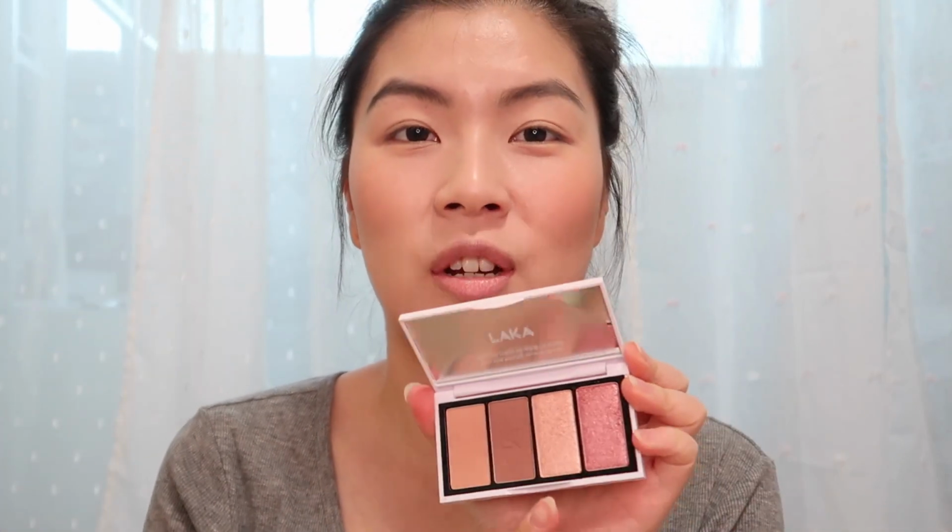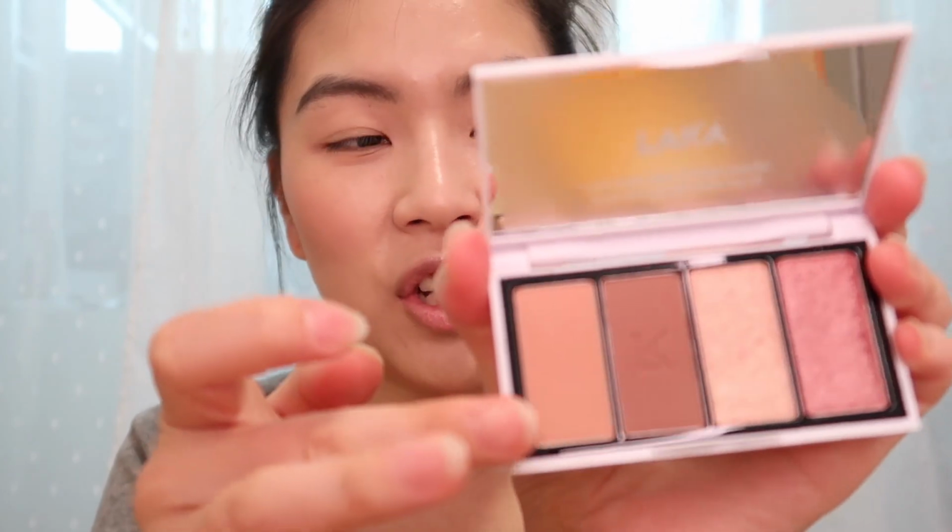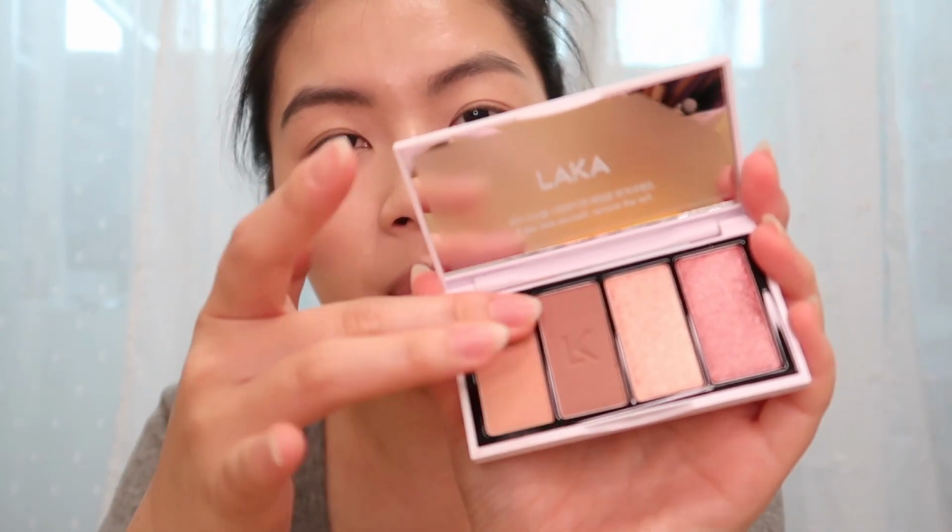So now I'm gonna swatch it to see how it is. I remember when I swatched it in stores, I was really impressed by the pigmentation. I was like, wow, this is the first Korean brand where the shimmer is true to its color. It was pretty pigmented. Okay, I'm gonna show you. So first shade, there's no name for the shades, but this first brown shade,